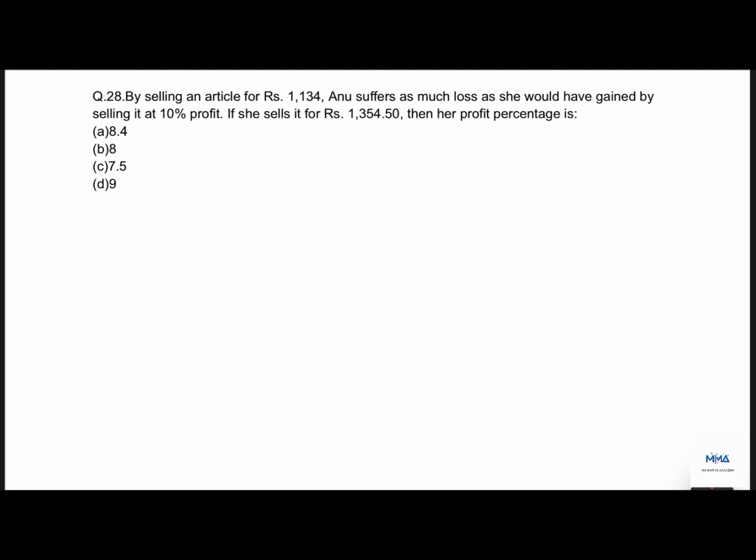By selling an article for 1134, Anu suffers as much loss as she would have gained by selling it at 10% as profit. So that means her loss is 10%. If she sells it for 1354.5, then what is her profit percentage? Since loss is 10%, this is 9/10 of the price. So in order to find the CP, you have to multiply with